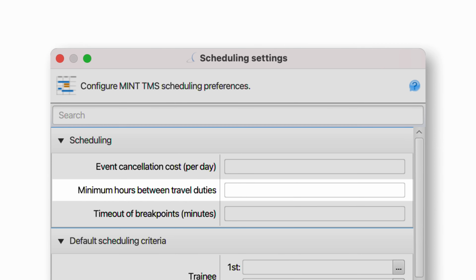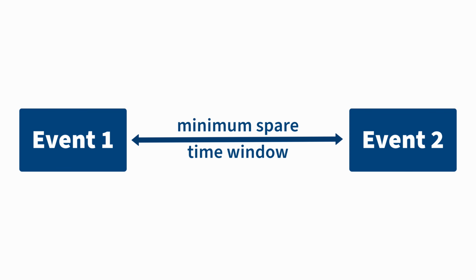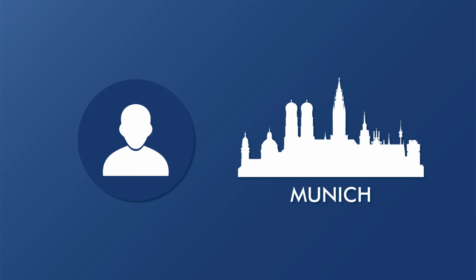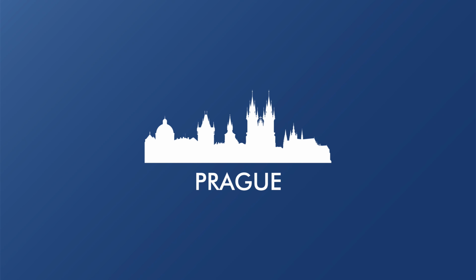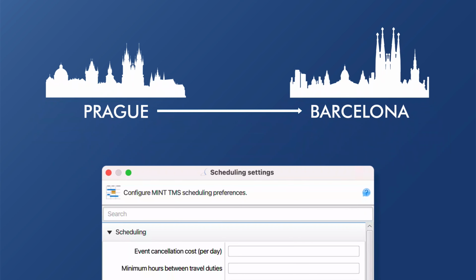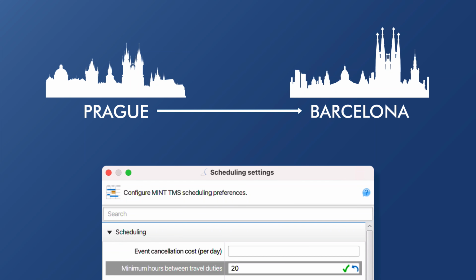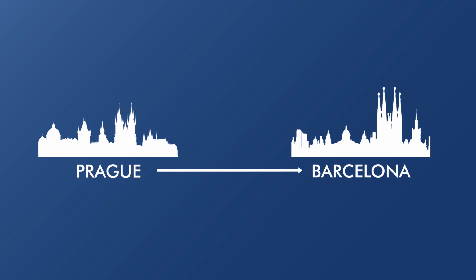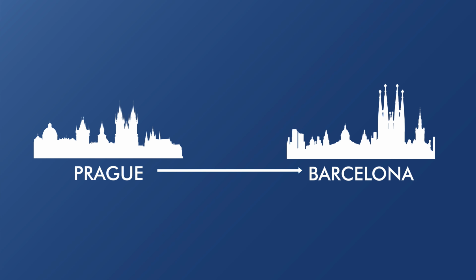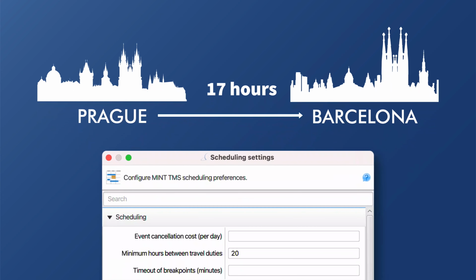Minimum hours between travel duties defines the minimum spare time window between two events in locations other than a resource's home without travel time. For example, let's assume we have a resource that lives in Munich that is assigned to an event in Prague and then an event in Barcelona. Let's also define 20 as the minimum hours. The spare time window of a resource between events in Prague and Barcelona is 17 hours without travel time. According to the value of minimum hours between travel duties, 17 hours are sufficient for a resource to travel back